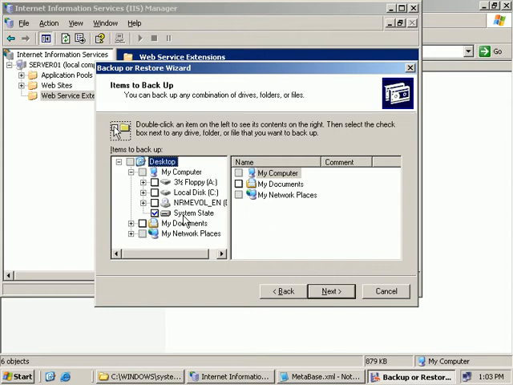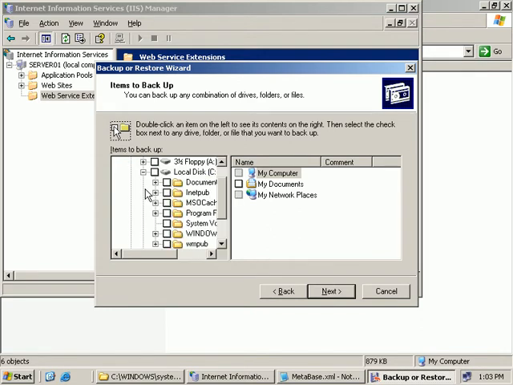Now as it stands, we'll be backing up our IIS configuration, but we aren't yet backing up our actual content. So make sure that if you want to back up your IIS content as well, we'll expand our C drive, and then we'll select the inetpub directory as well. Now if you do happen to be storing your website content in a different folder, then just substitute this path with the path where you have your IIS content saved. Okay, so we've covered all of IIS including the Metabase, so we'll click on Next,